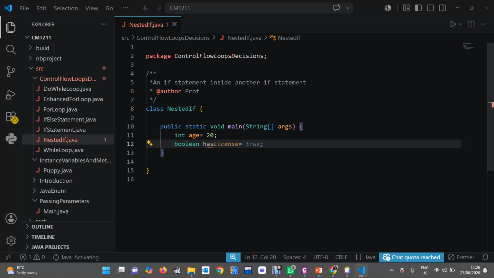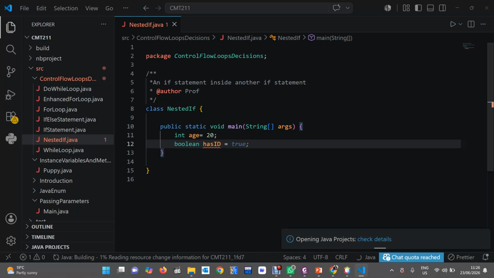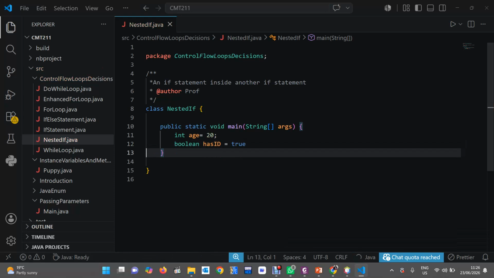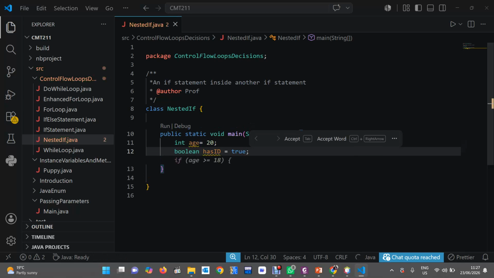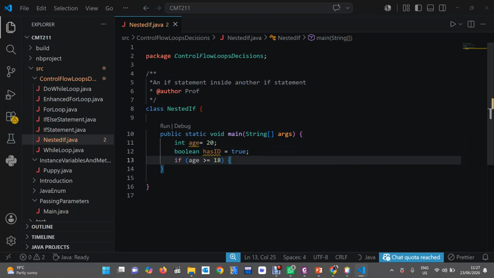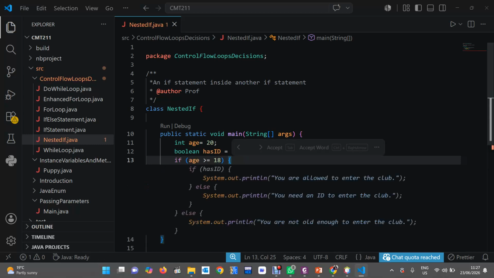So you can give it if it has an ID, like for example a student. Does the student have an ID? Yes. So the student has an ID, which is equivalent to true. So we assign that student has an ID to be true. And now after that we shall be able to give that if the age is greater than 18,